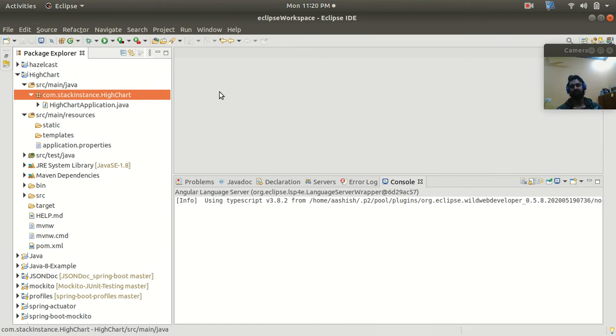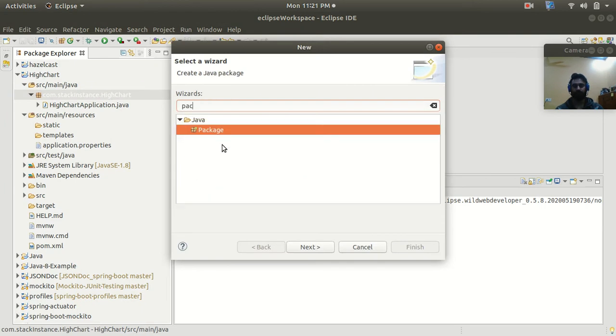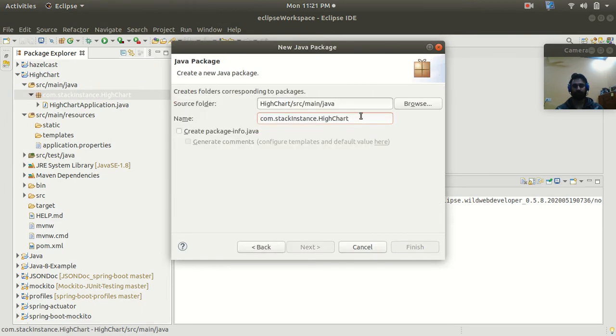So now let's generate one package for my controller class. So let's generate one package first. So let's provide the name of the package as controller.